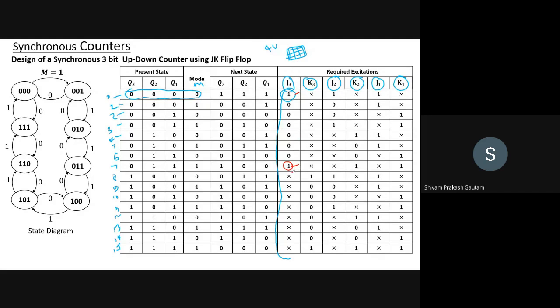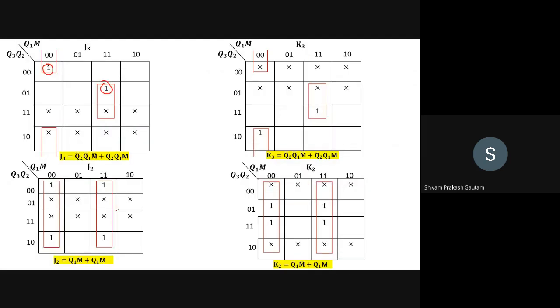Now see the don't care. Don't care are starting from 8 and going till 15. That means the last 2 rows of the K-map are don't care. So you can see the last 2 rows of the K-map are don't care. Okay.